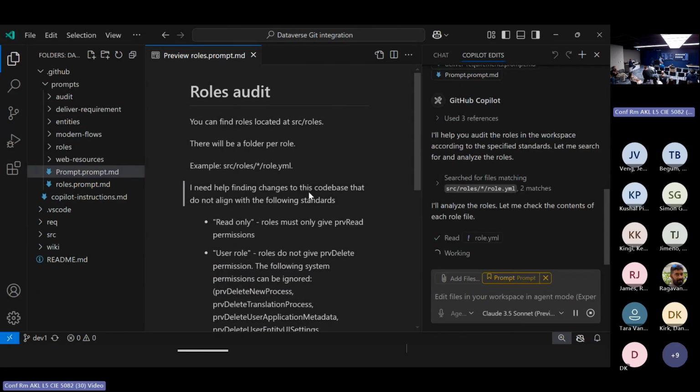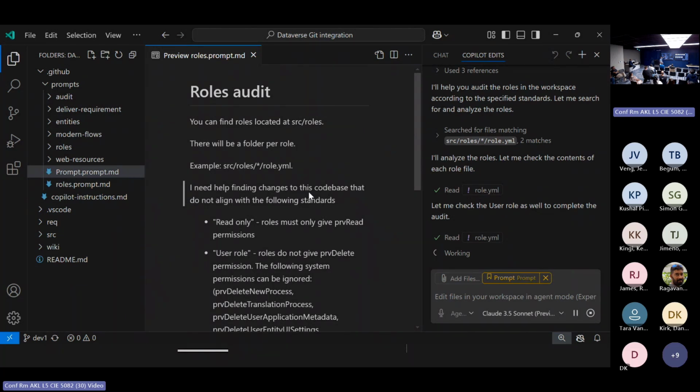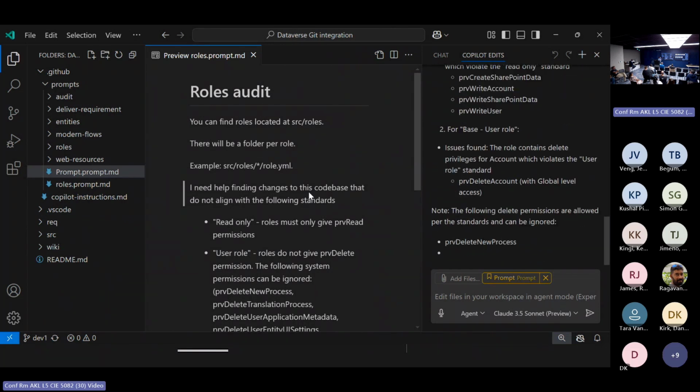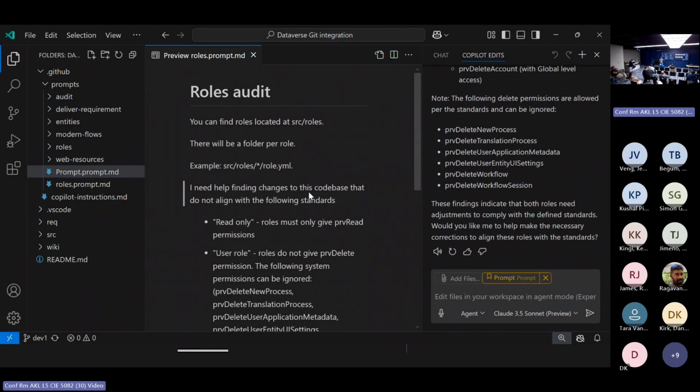I've told it, you can find roles at this location, source roles. I said, there will be a folder per role, and here's an example of the structure. I need help finding changes to the code base that do not align with the following standards. Now, the reason I wanted to put this in here is because typically when you're delivering a project for a